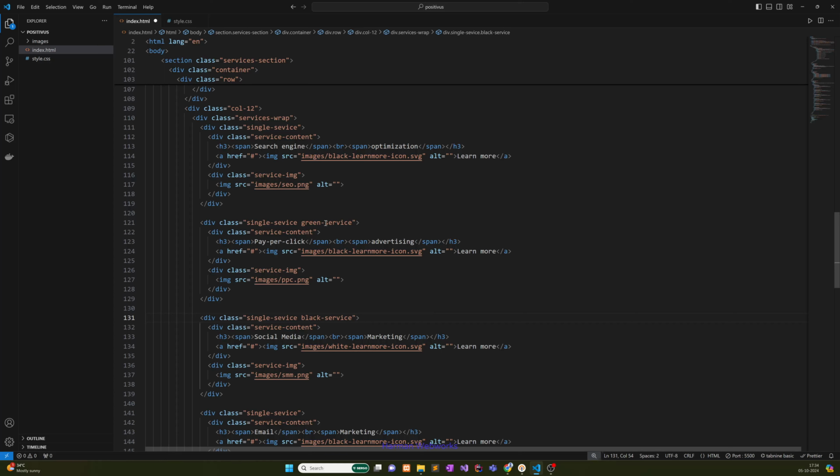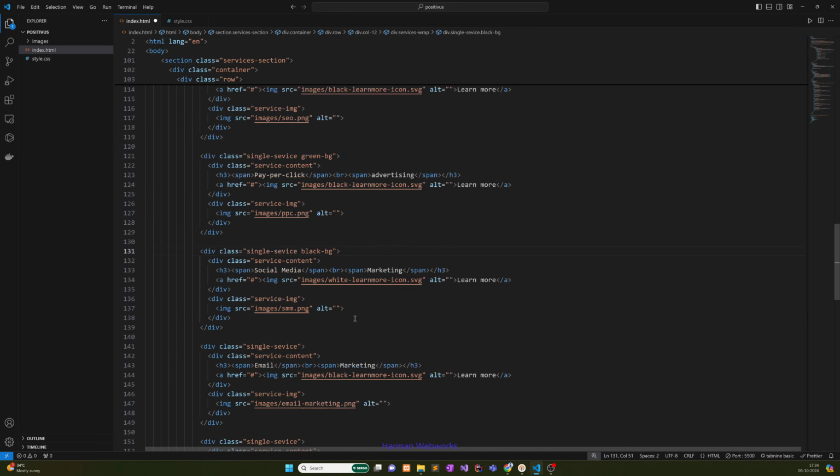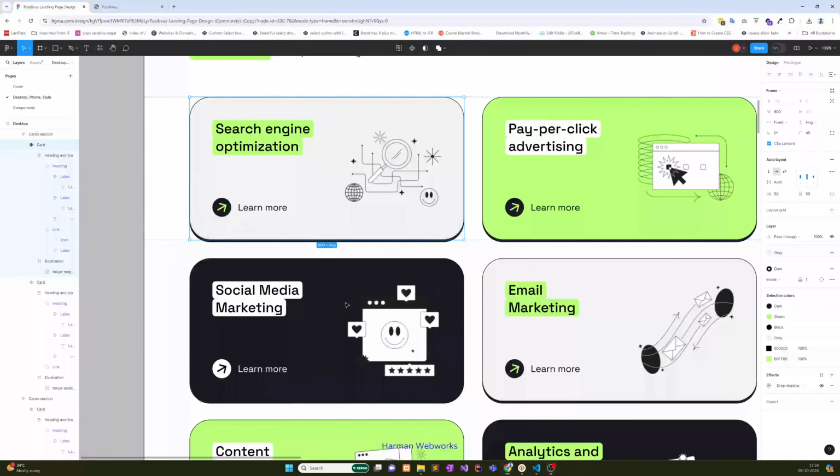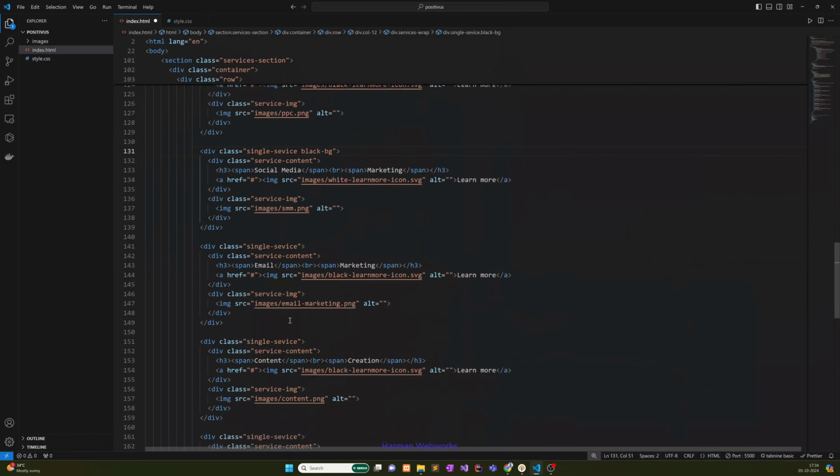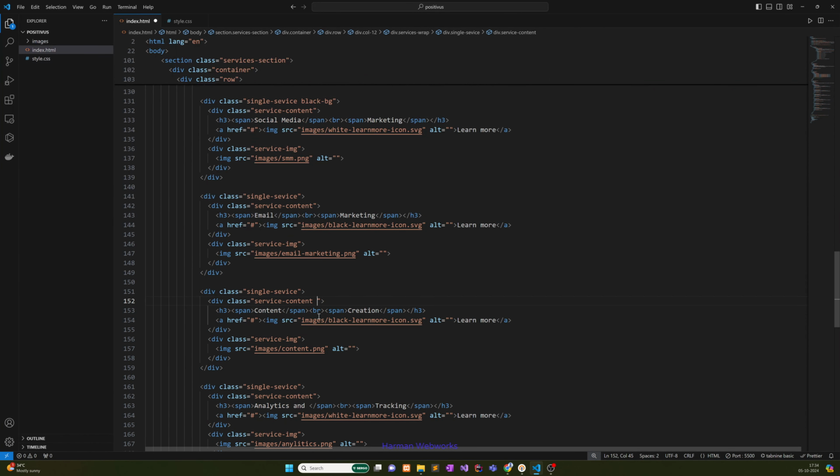Or we can use green bg, background, and black with black background. And now here content creation is green background, green background. Here is the black background. Okay,